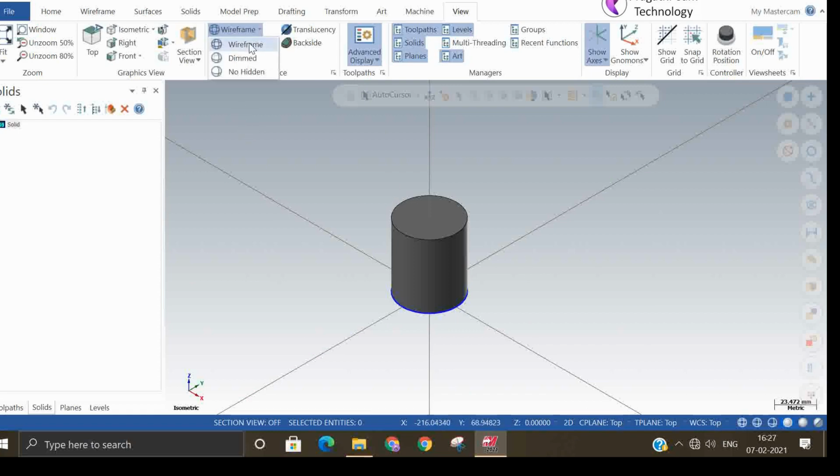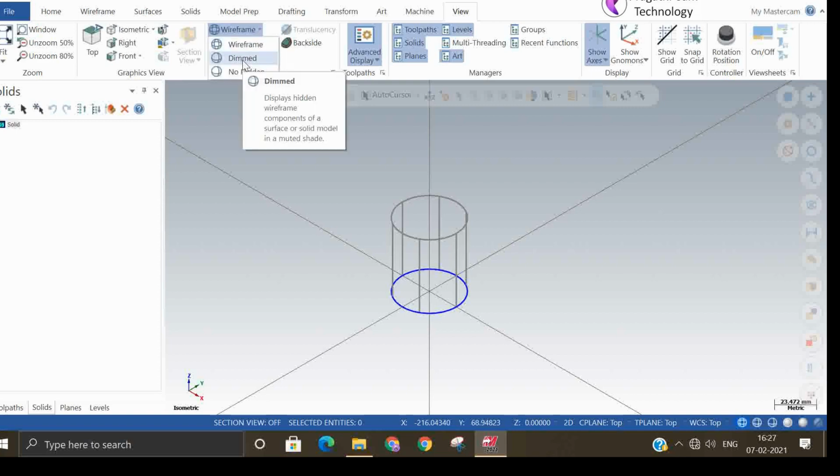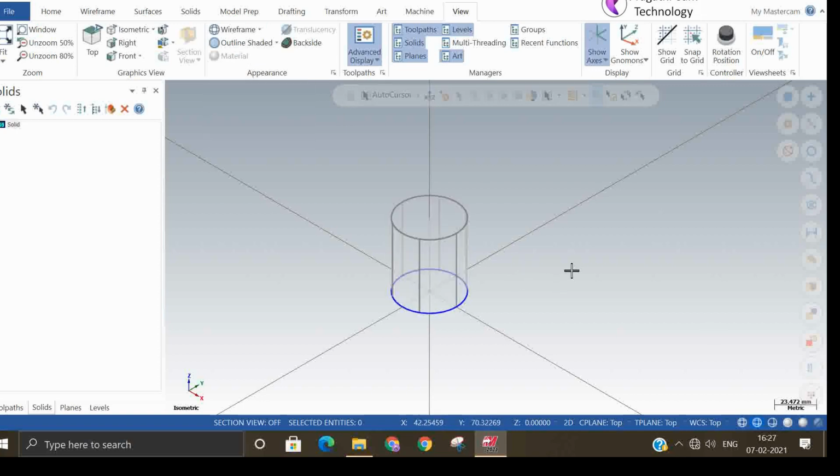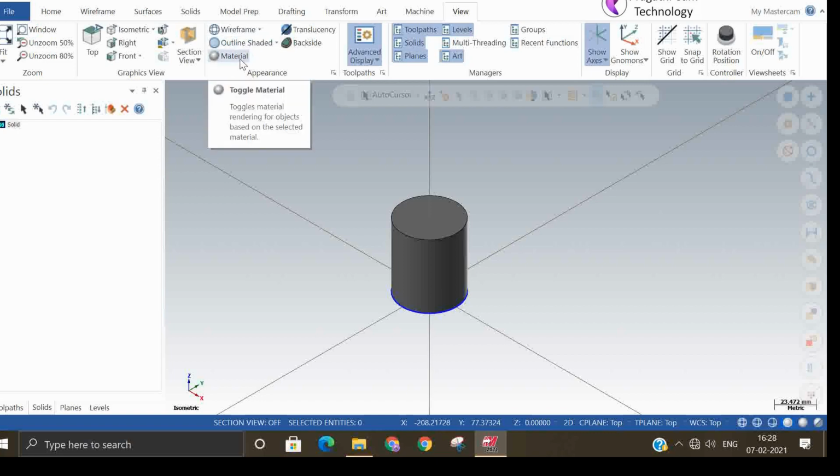So these are all the commands for wireframe viewing. This is the dimmed view, which means that the front will be visible and the back side is hidden. So this is the hidden view. This is the wireframe view, and also you have a shaded view and outer shade. Between shade and outer shade there is a little difference. You can change it and you will feel it. The only thing is the outside will be a little darker.